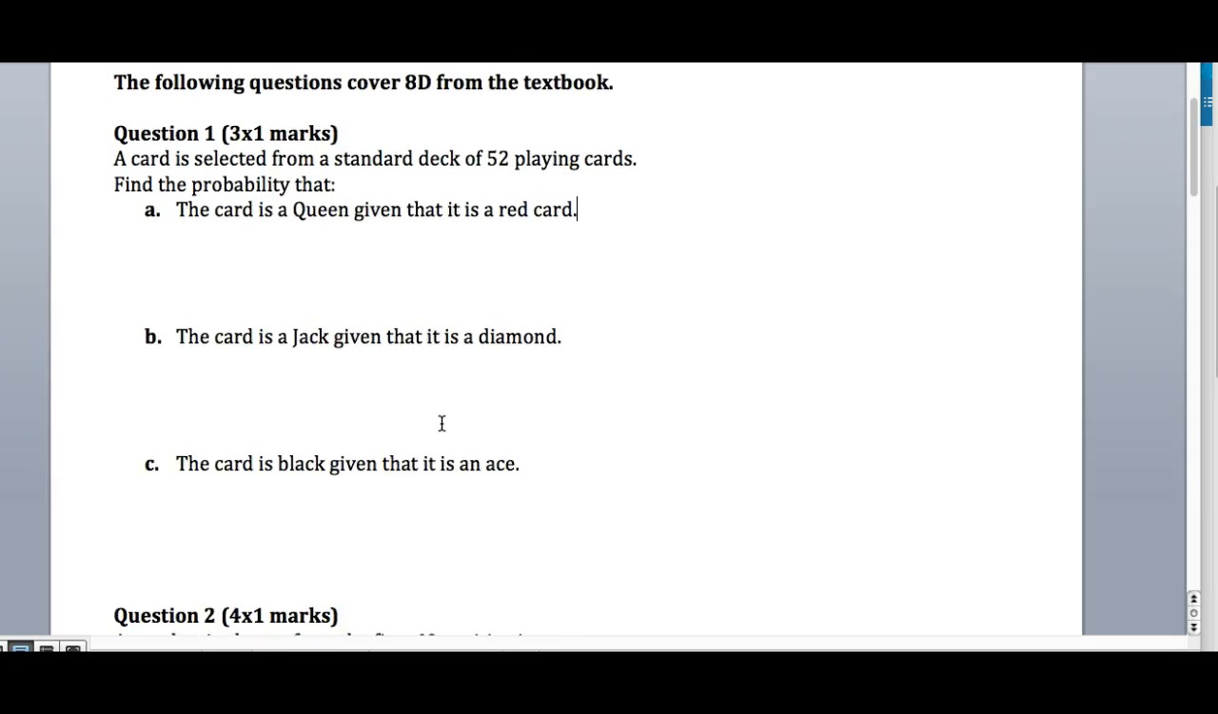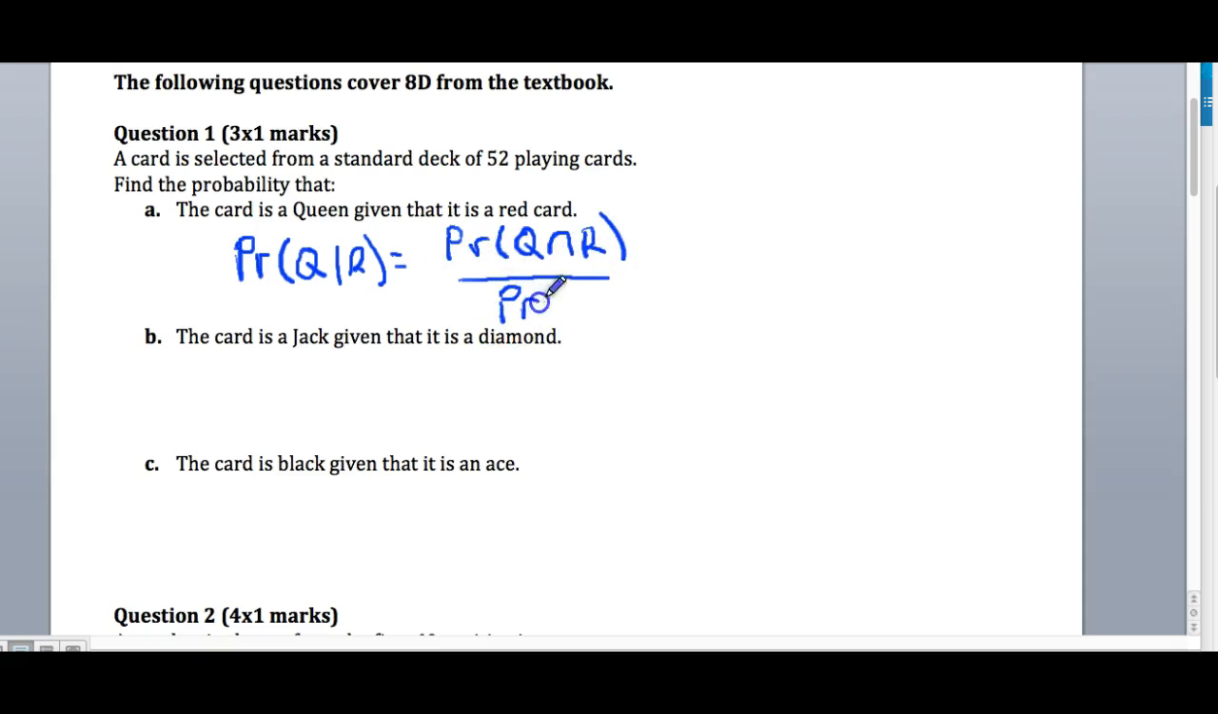Okay, so question 1. A card is selected from a standard deck of 52 playing cards. Find the probability that the card is a queen given that it is a red card. Okay, so it might be a good idea just to write what you want. So the probability that the card is a queen given that it is red. So queen given red. And that is the probability of the queen and red over the probability of a